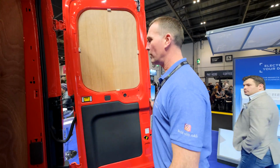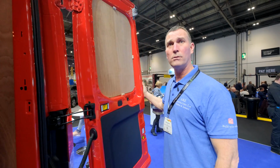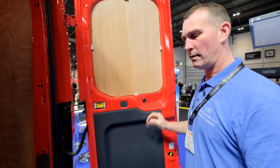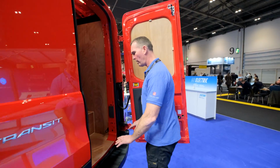Okay, nice wide open doors. What's the latch system like? There we go. Oh, that's easy, that's nice. Because some of them are an absolute nightmare when you put them in. And look, that's it like that. Step up here. That's tall. I'd like that a little bit lower, but